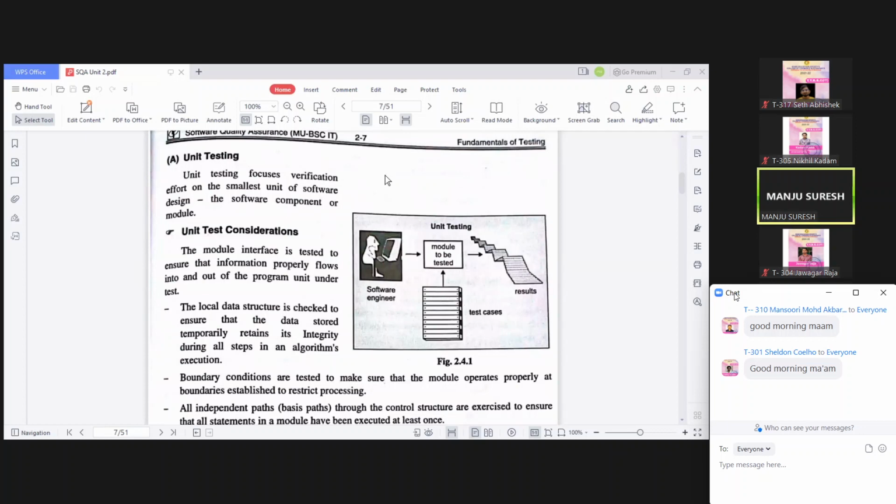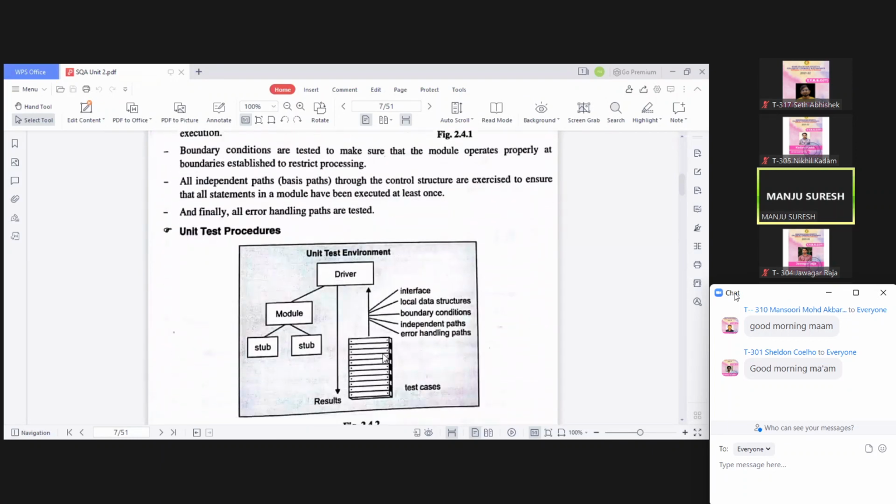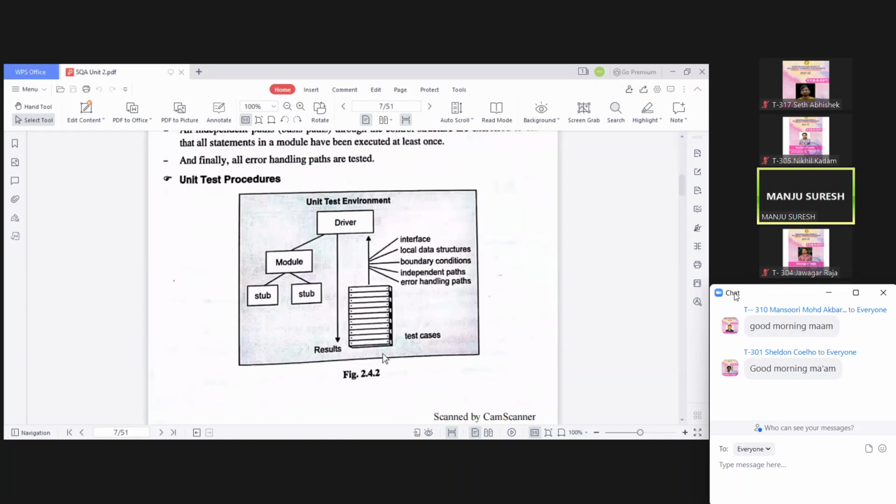So for that reason, those dummy components which we are creating are called stubs and drivers. Remember that we have done, okay? So ये जो lower components हैं, those are called stubs. और जो main upper components हैं, those are called drivers. For example, this is my module. ये पूरा जो है वो मेरा सिस्टम है, ओके, जिसमें से ये जो मॉड्यूल है ये मॉड्यूल को मुझे टेस्ट करना है. I want to test this module, so how will I test this module?